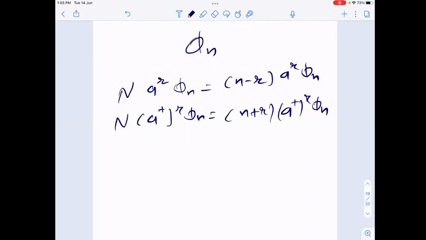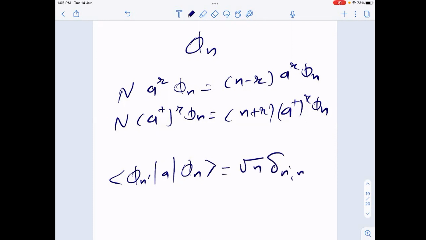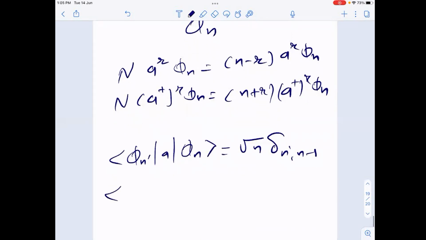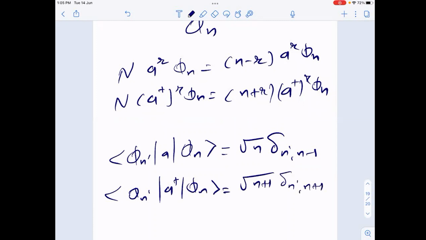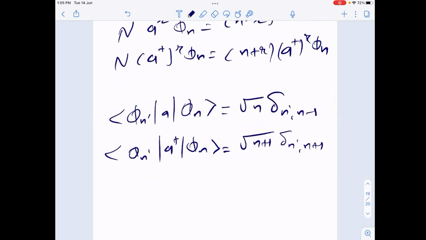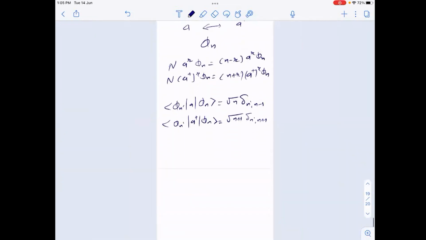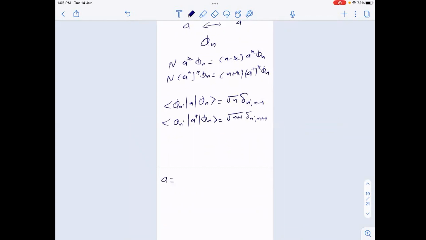And finally, what you can write is that ⟨φ_n'|a|φ_n⟩ you can conclude to this will turn out to be √n δ_{n',n-1}. ⟨φ_n'|a†|φ_n⟩ will turn out to be √(n+1) δ_{n',n+1}. And if I write its matrix notation, then